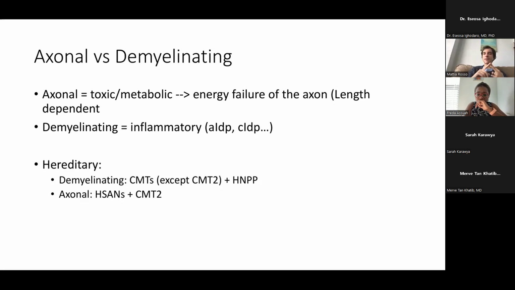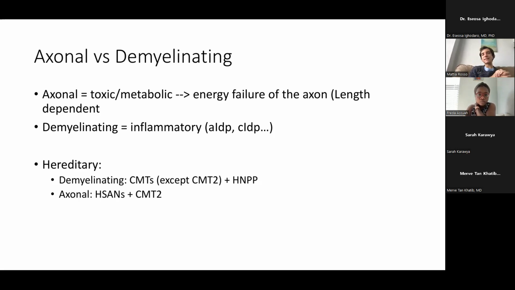I'll say one thing about this disease: in HNPP, hereditary neuropathy with liability for pressure palsies, they will present with a tendency to develop mononeuropathies in response to pressure, to compression. So we talked about compression and mononeuropathies. Well, these folks, unfortunately, have a really easy time developing neuropathies due to compression. So they have this tendency.